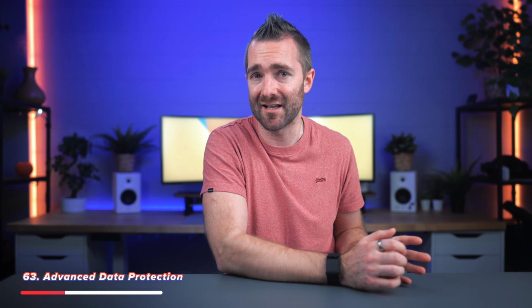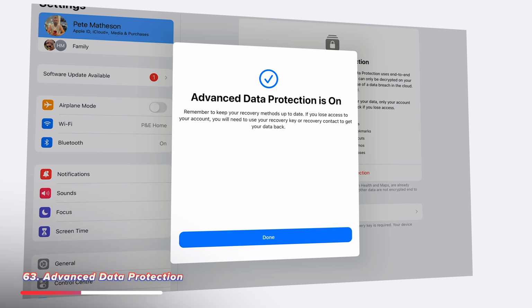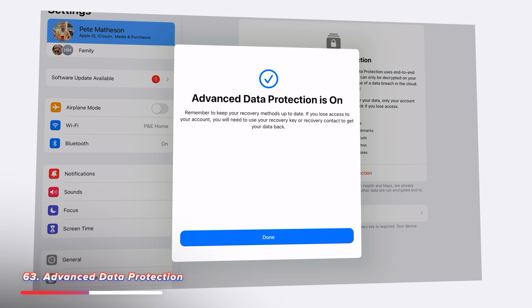Now, Apple is well known for talking about how it takes care of users' privacy. But did you also know that recently Apple added a feature that allows you to totally protect the majority of your data across all of your devices, so Apple themselves can't even access it. It's called Advanced Data Protection for iCloud, and once switched on, it encrypts all of your data across most of Apple's apps and features. Without it enabled, your data is still encrypted, but as Apple hold the decryption keys, it's still technically possible for somebody to access your data. So I would recommend getting this enabled on all your devices as soon as possible.